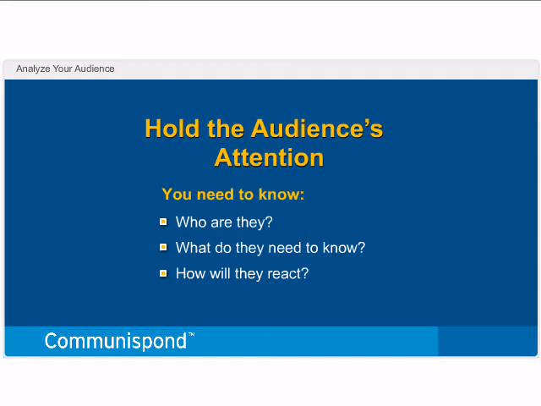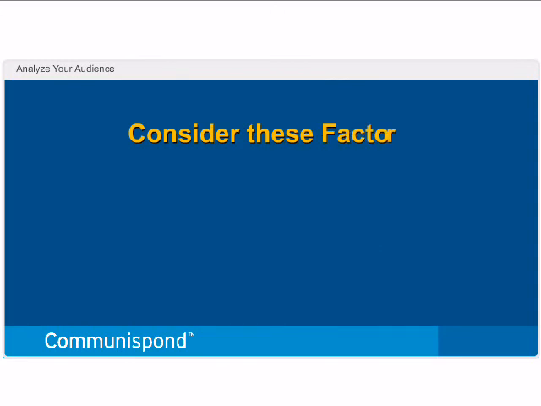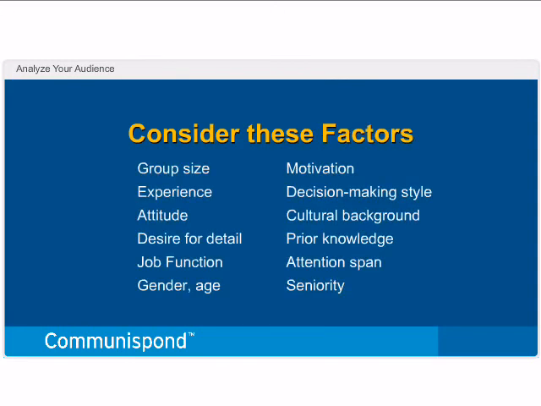Let's start with some of the things you need to think about in order to analyze your audience. There are many factors you need to consider about your specific audience. You can see some of them on this list. The items you analyze depend on the situation and the particular audience. Remember, the characteristics of your audience help you determine not only what you will say, but in what order you'll say it, how long it will take, and what visual support you may need. After all, presenting a request to your CEO is very different from explaining a new policy to your subordinates.